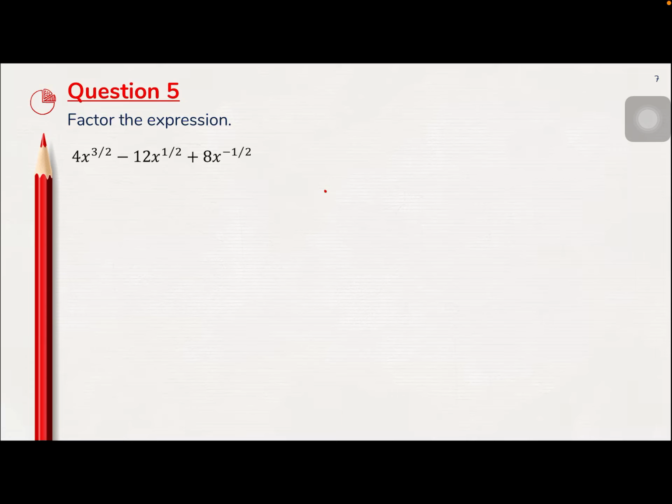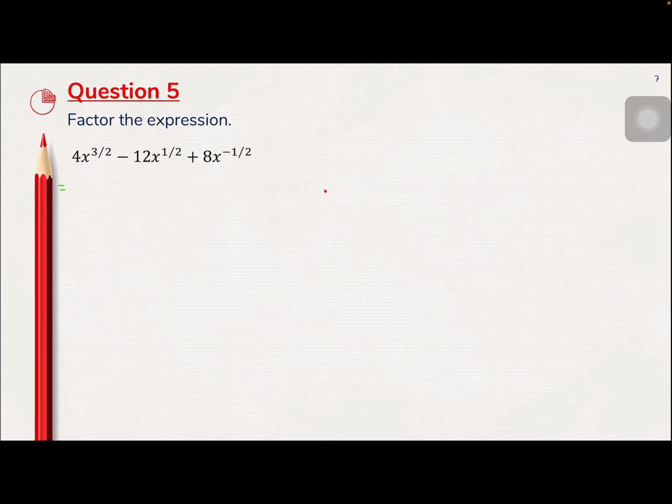Question 5. We need to factor the expression. We have this expression. When you're factorizing, one recommendation is to focus on the coefficients first. So we have a 4, a 12, and an 8. And it's easy to see that we can get a common factor from these numbers, and that common factor is,